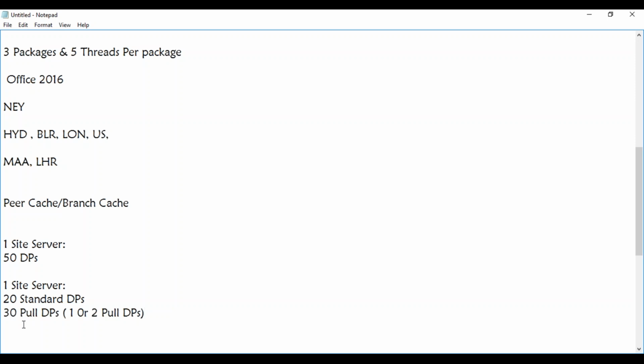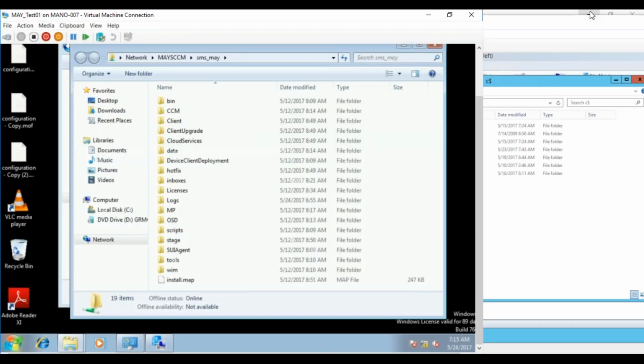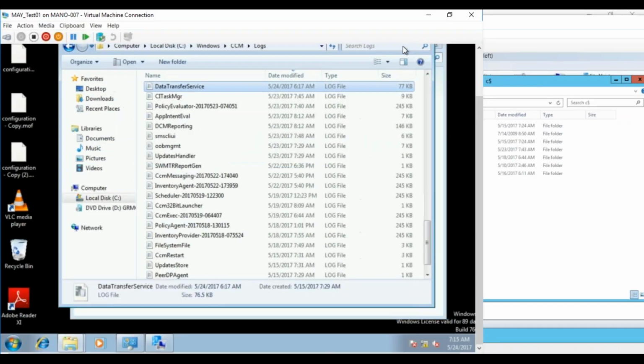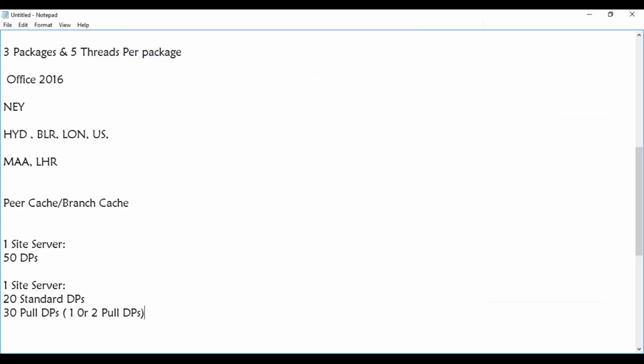Cool. Okay. So we had written something here, peer cache and branch cache. That is different. So peer cache and branch cache is, suppose